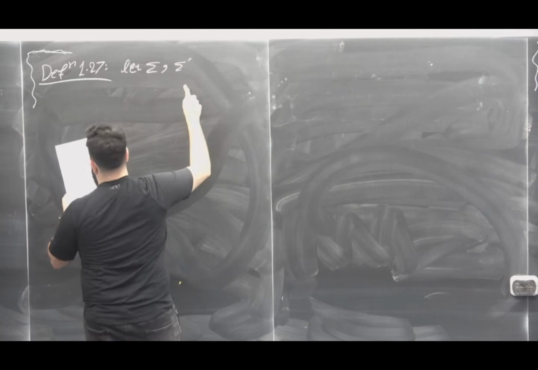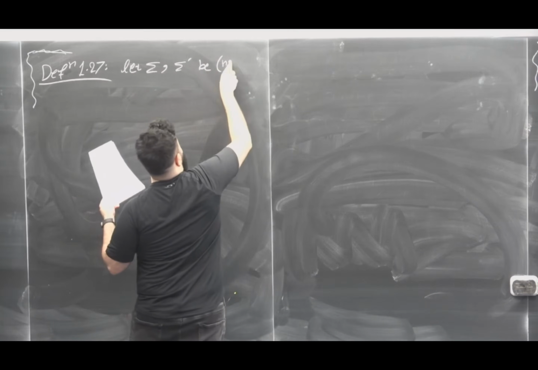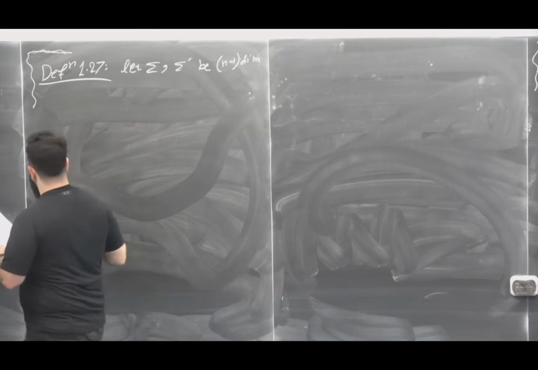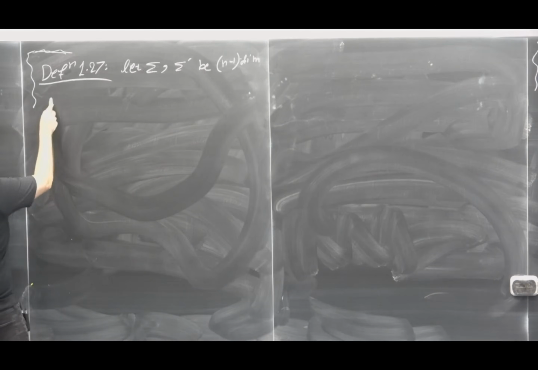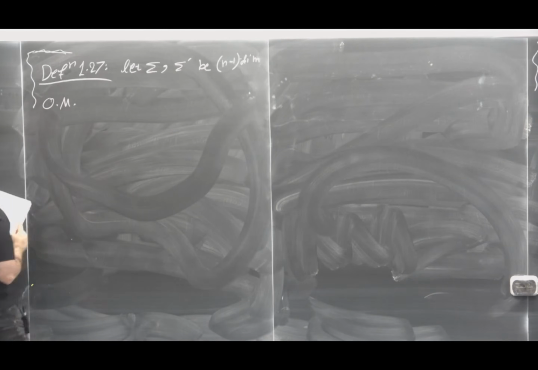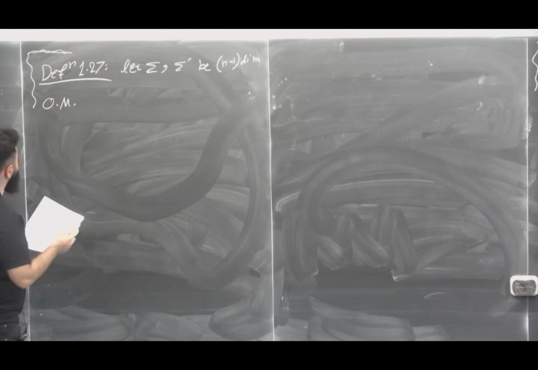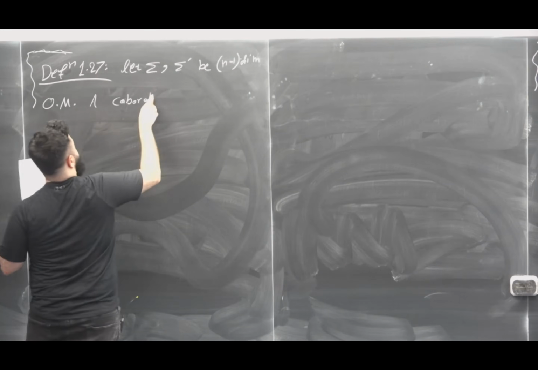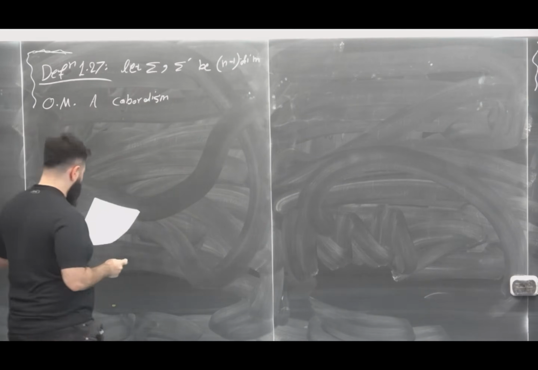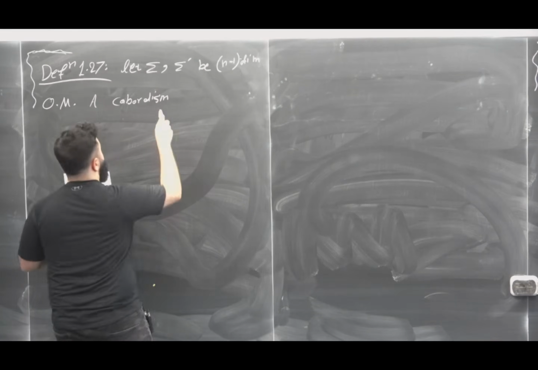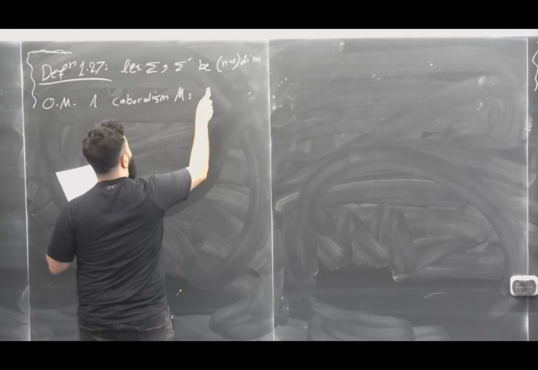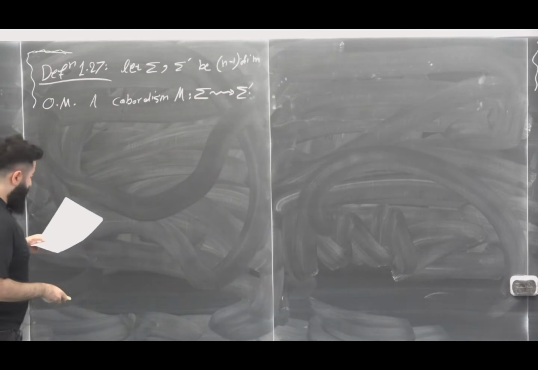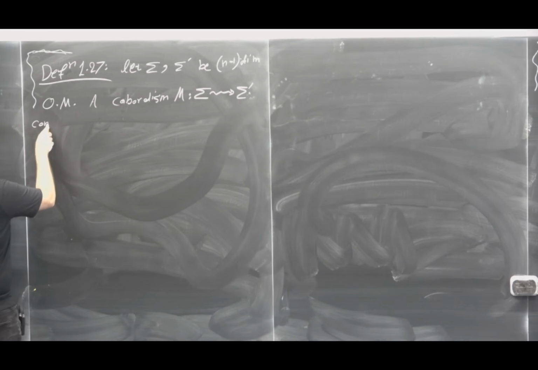Let sigma and sigma prime be n minus 1 dimensional oriented manifolds. A cobordism M, that is a map from sigma to sigma prime, consists of